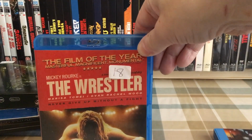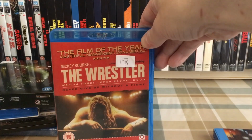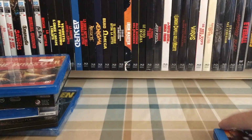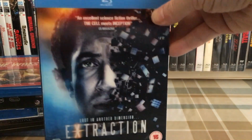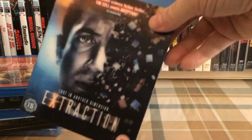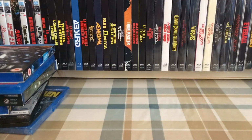These came from Sue Ryder's in town, 2 for £1. I got The Wrestler and Extraction, this not very good lenticular slipcover. I haven't seen either of those. Thought, for £1 for the two, why not? Then, during a trip to Middlesbrough,